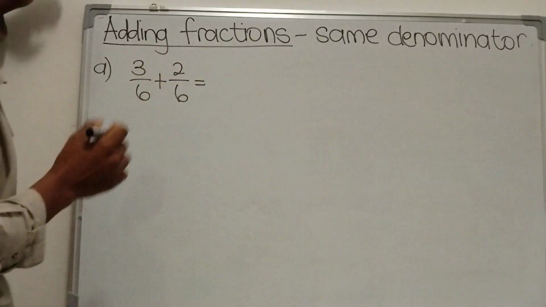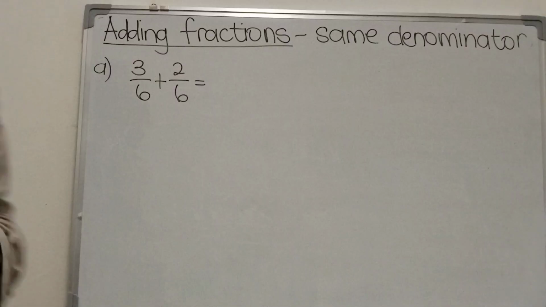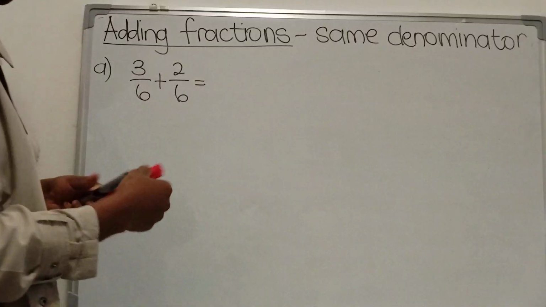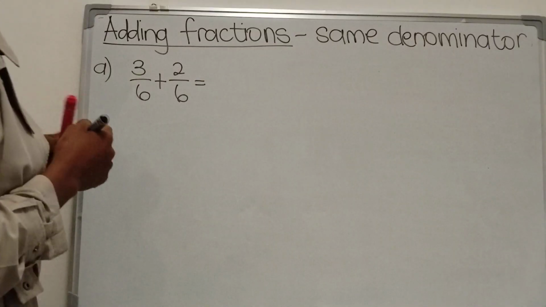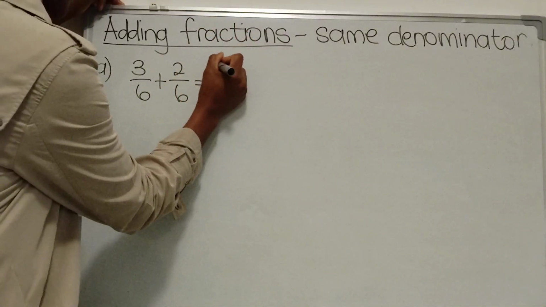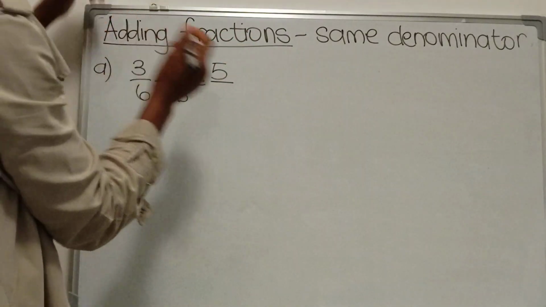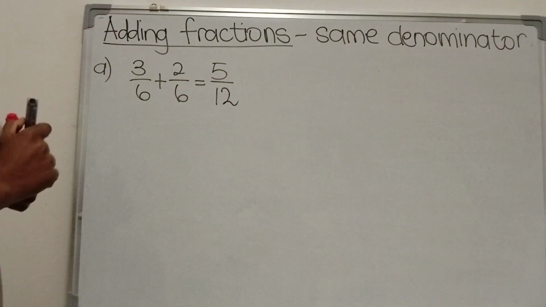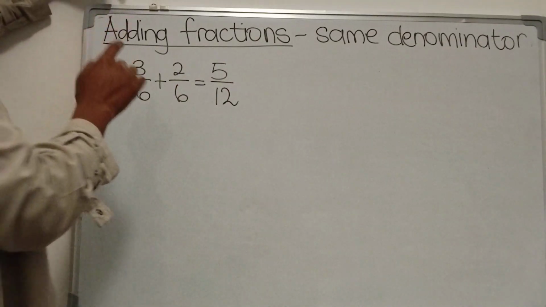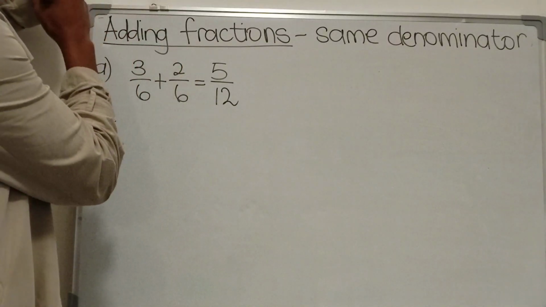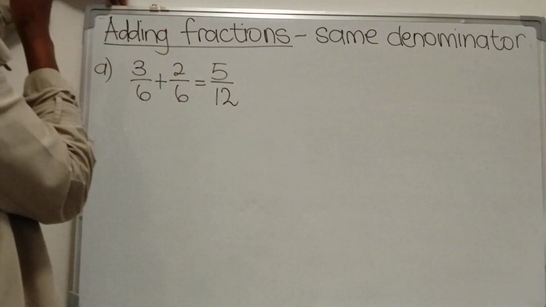Right, so let's do 3/6 plus 2/6. Ne? So I'm going to use another color pen to highlight some misconceptions. Ne? So what my kids misunderstood was this. Abantwana bam, they did this. That is what they did. 3/6 plus 2/6, and then they said it's 5/12.